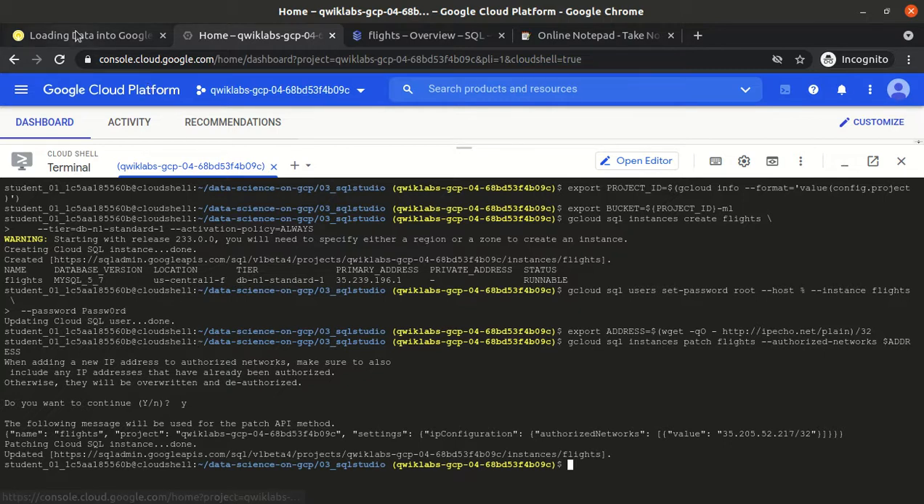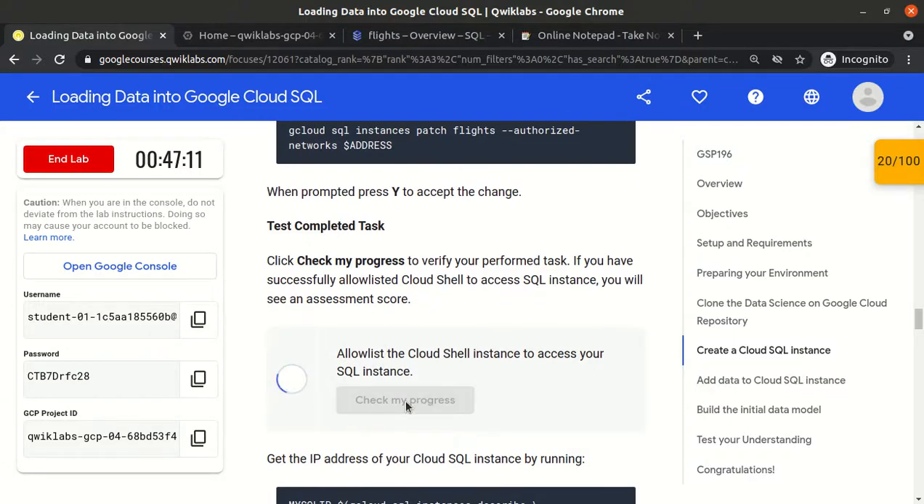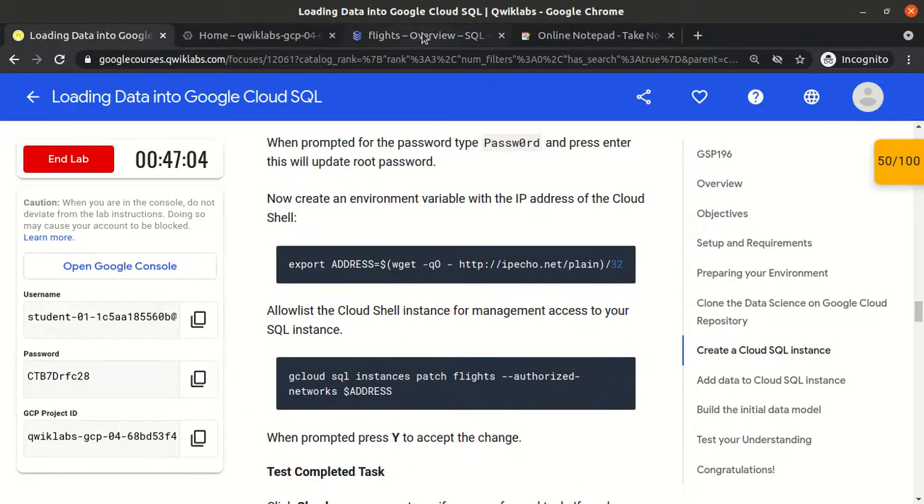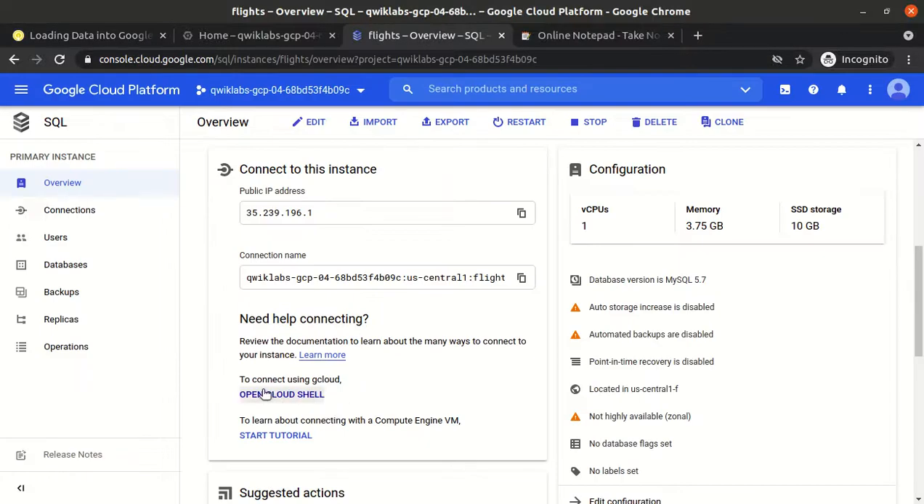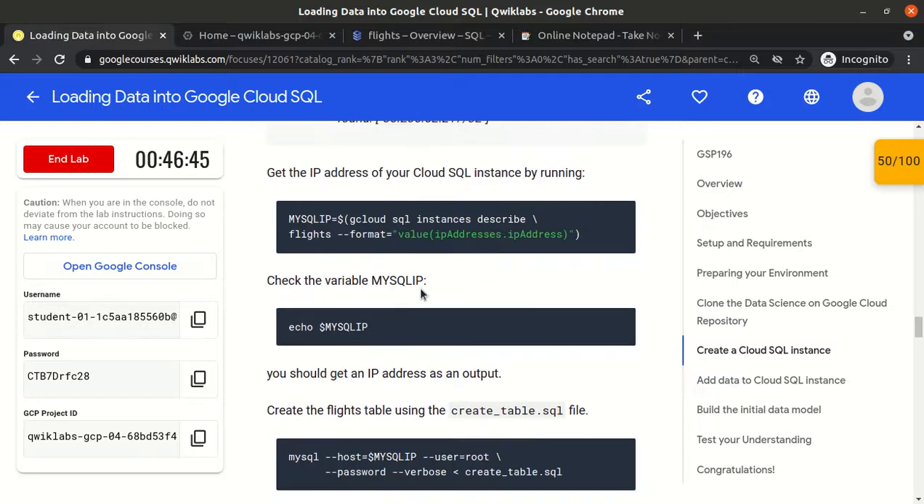Yeah, authorization is completed. So let's verify the task. Ideally there is no need to issue these commands. We can directly use the web UI and click on Open Cloud Shell. It automatically activates Cloud Shell, opens the shell, and automatically gives the authorization. Okay, so now